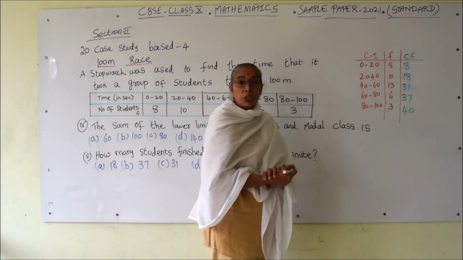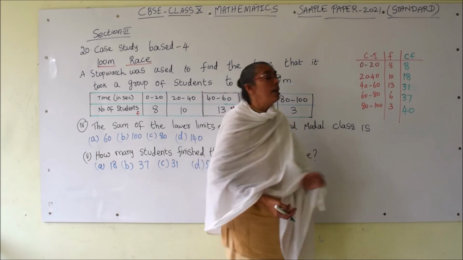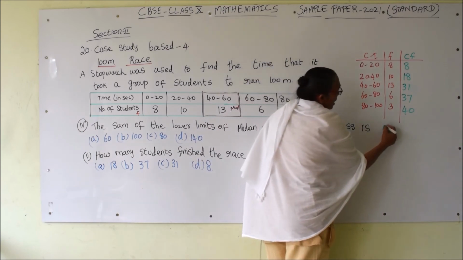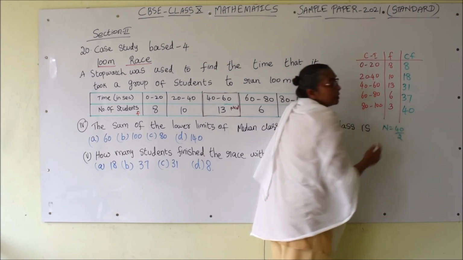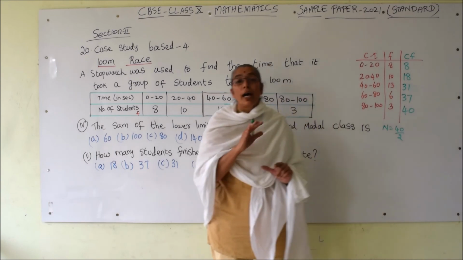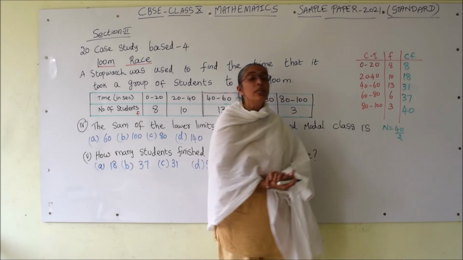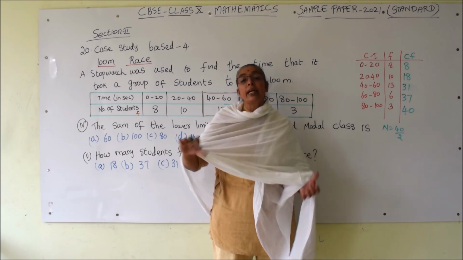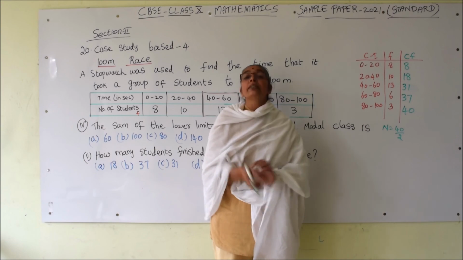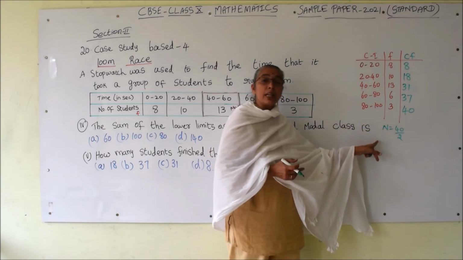Now to select the median class, we should first of all find n by 2. So your n value is here, total frequency 40. So 40 by 2. That is the procedure if it is grouped data. The general meaning of the median is, after arranging the given data in ascending or descending order, the middle value. Now for the grouped data, finding the middle value is this procedure.